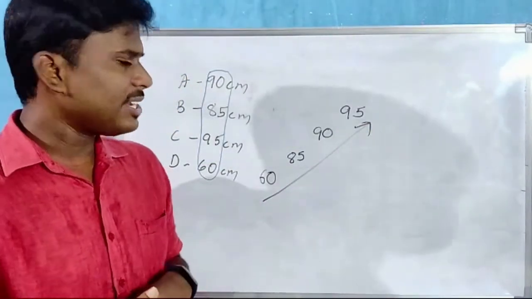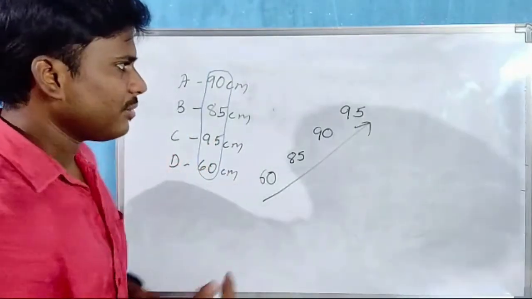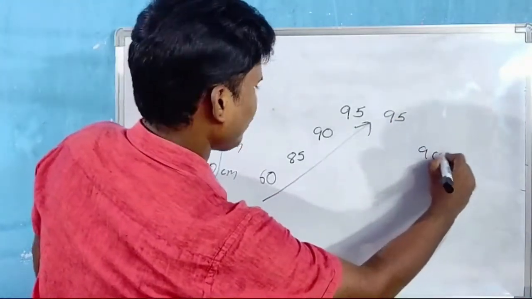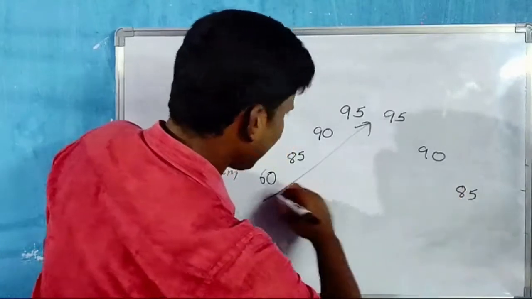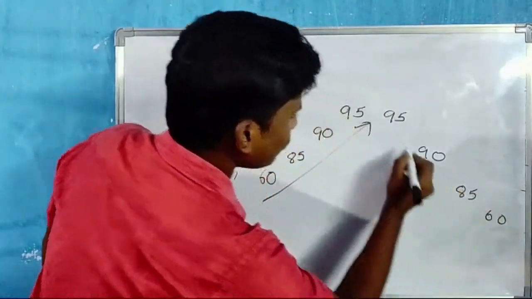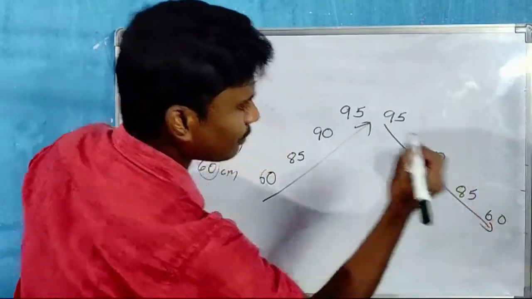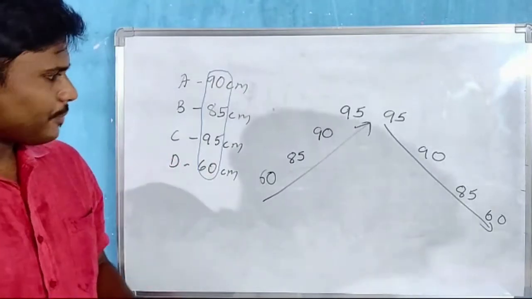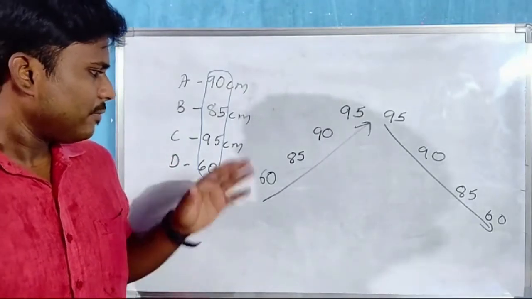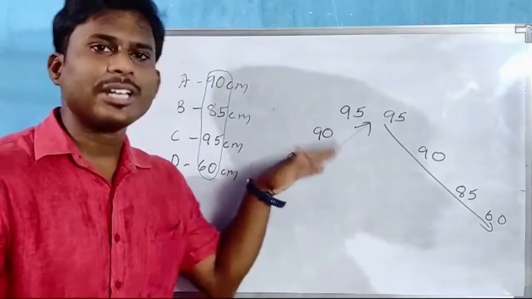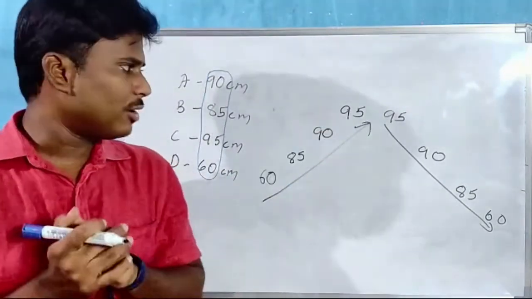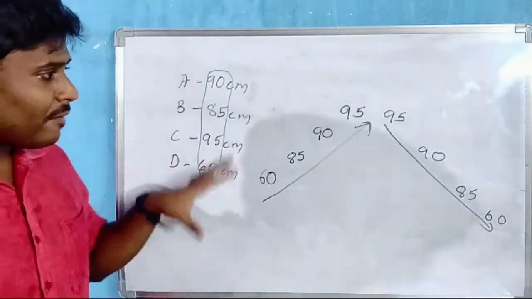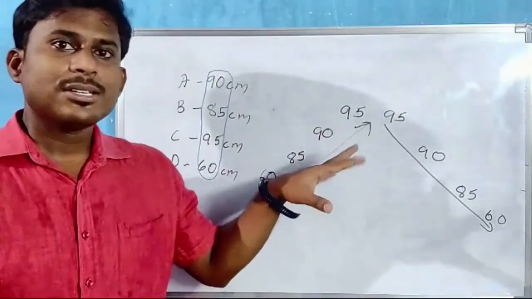Same, I said arrange them taller to shorter. Now what we'll do? First 95 will be like this, then 90, then 85, and last the shortest, 60. See, we are arranging from bigger number to smaller number. Look here clearly. First we have numbers 60, 85, 90, 95. So we are increasing the order. Here we are decreasing the order. Increasing number, decreasing number. When we are comparing more than 2 numbers, this situation comes.